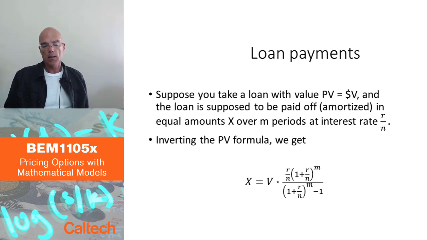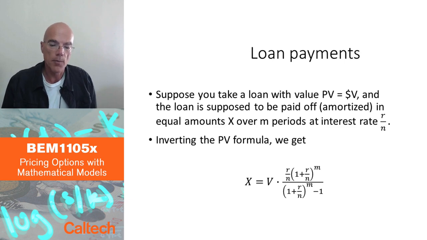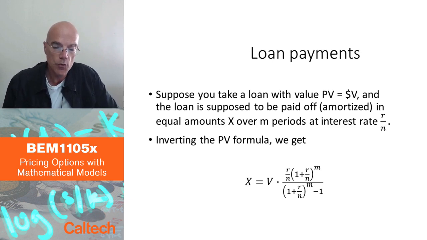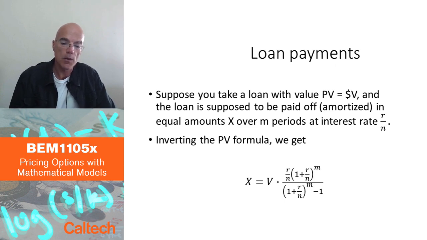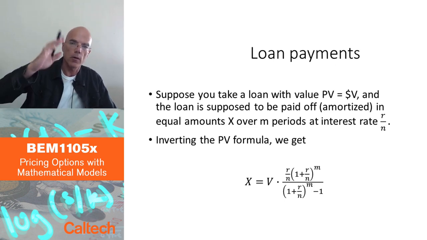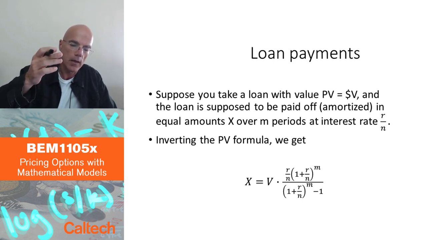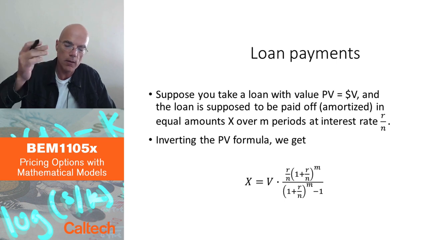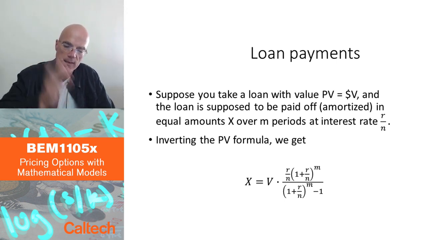So let's apply our formula for present value of cash flow payments for a typical deterministic cash flow in financial markets, which would be a loan with a deterministic interest rate. So I'm going to be looking at a loan. Think of taking a loan, let's say, for a house, and it's a fixed rate loan. You'll be paying for, let's say, 30 years. Each month the same amount.